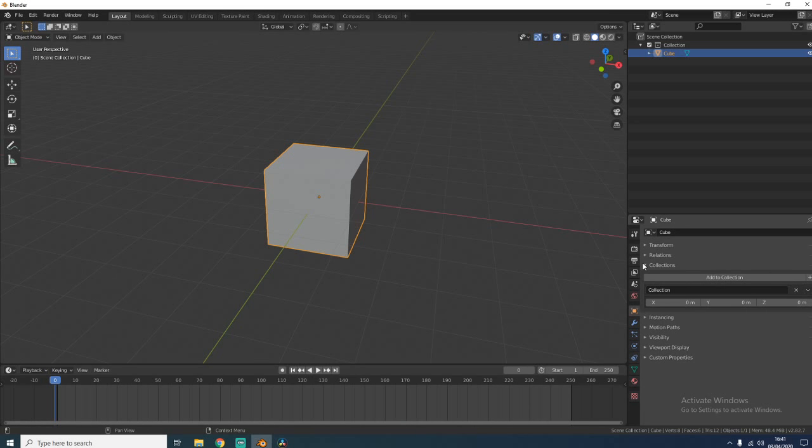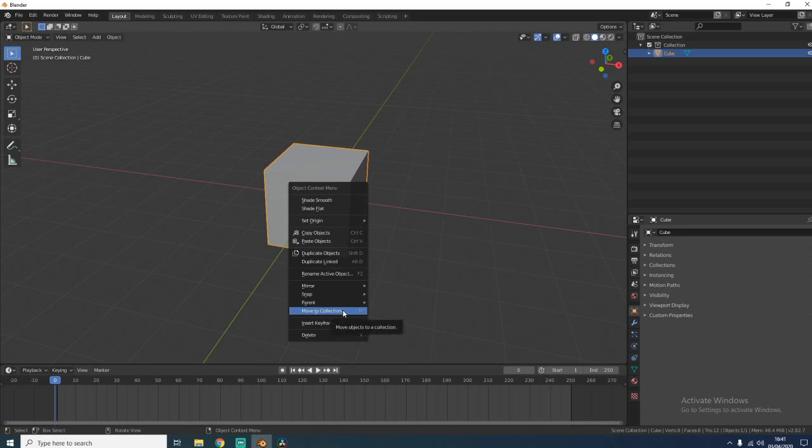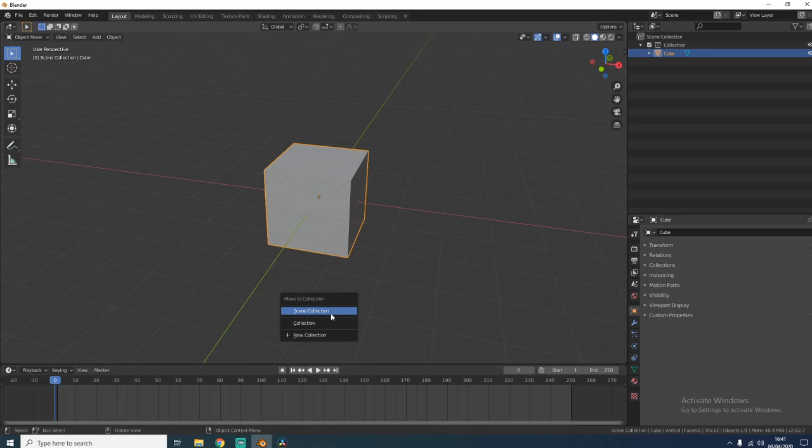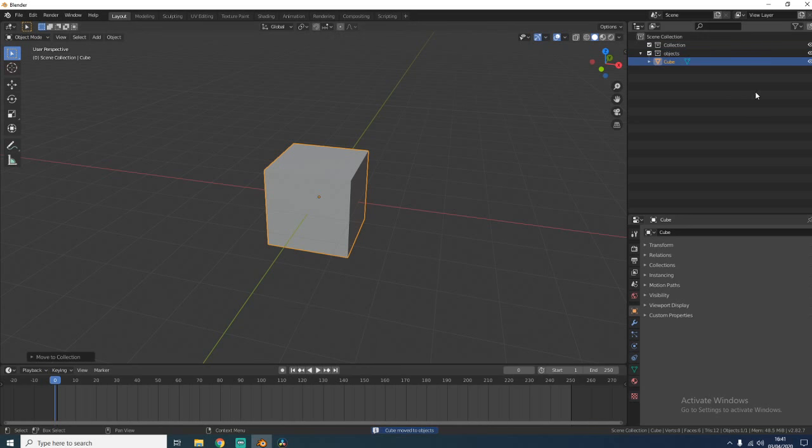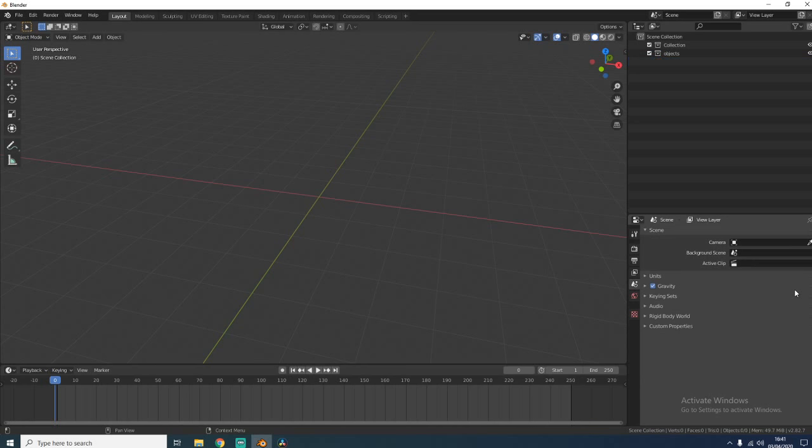Collections, well, it shows in which collection the object is. Again, it's the same thing going here. Or you can create a collection very easily. Right click, move to collection. It's already in a collection, but I can decide to move it. Right now it's in the scene collection. I can create another collection and call it objects, I don't know, right now it's okay. And then I have my collection called objects here that can go inside another collection and going on like this forever. All of these relations can be seen in collection, and again you can remove it from there,